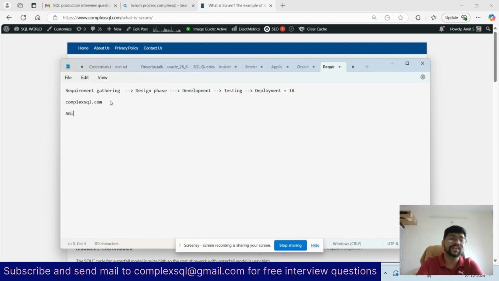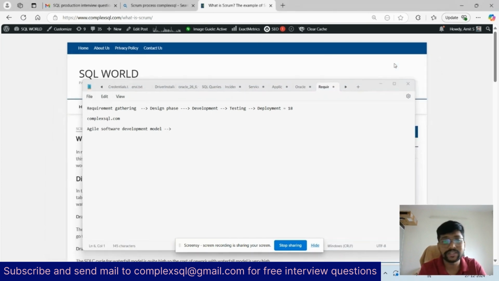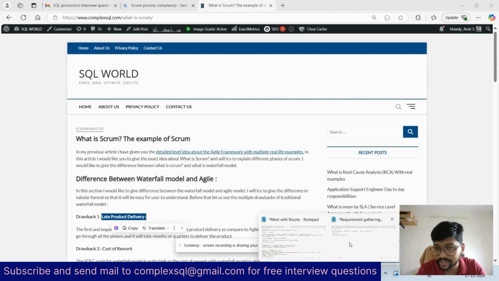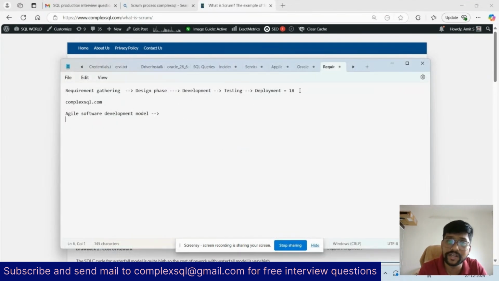So we are using the agile software development model. What exactly is the difference between the traditional and agile model? First is late product delivery. As I have explained in this notepad file, it will deliver late. If you require early feedback from the customer, you will convert this traditional project management model into agile. You can do the deliveries or development in a 15 days sprint